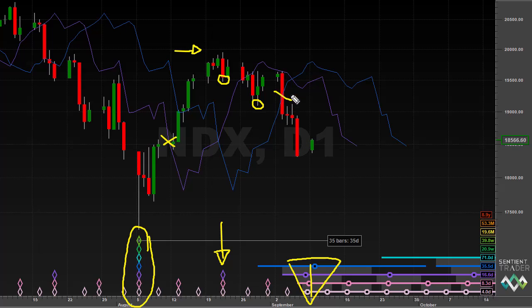Furthermore, we have price crossing down below the 40-day cycle FLD, generating a target of 18,530. That is just over here. Now, it is a little worrying that we have seen price exceeding that target. Price failed to find support at the level of the 40-day FLD. Is it possible that some bearishness is coming into this market? It is possible, but we have not seen many clear signs of it yet.